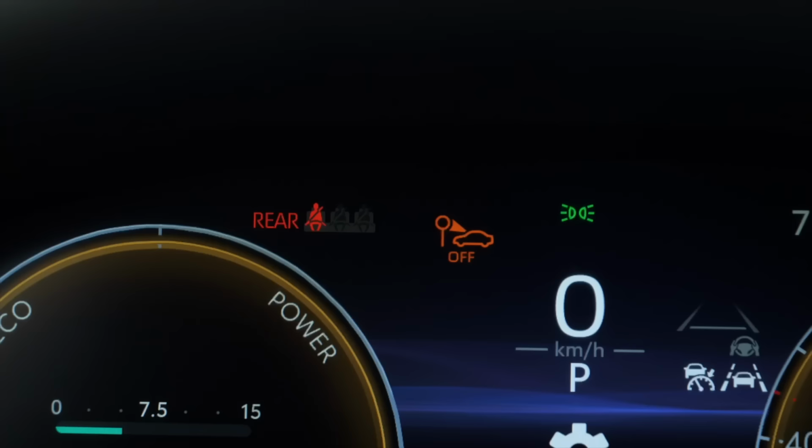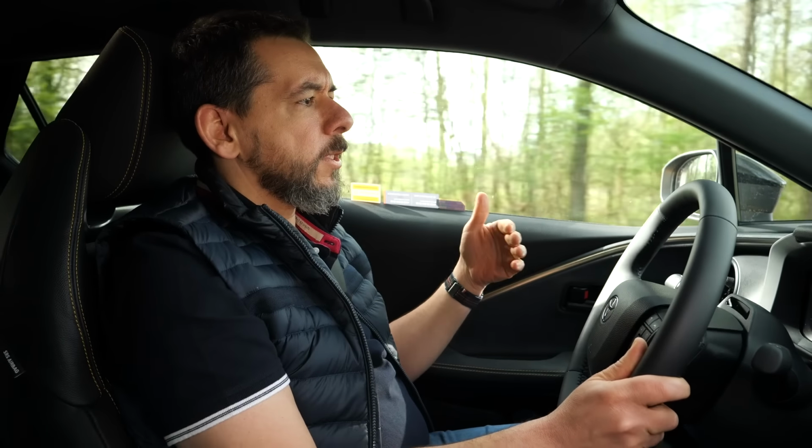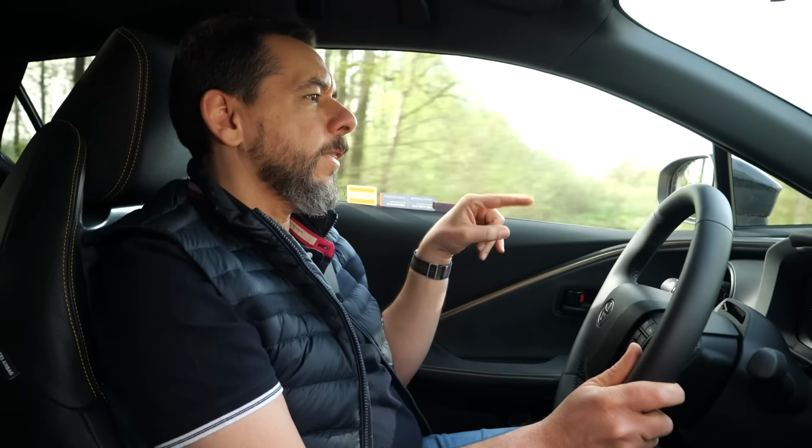And turning off the ESA also turns off sign recognition, so you're on your own. The only thing that works properly is adaptive cruise control, but even that...